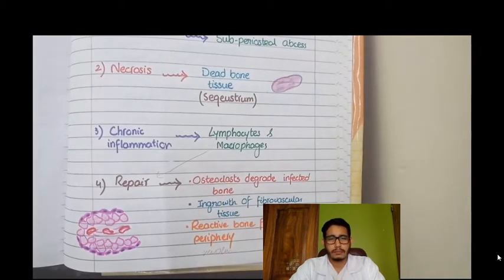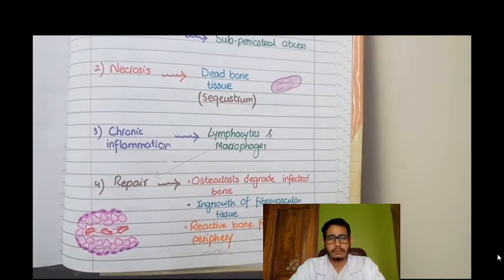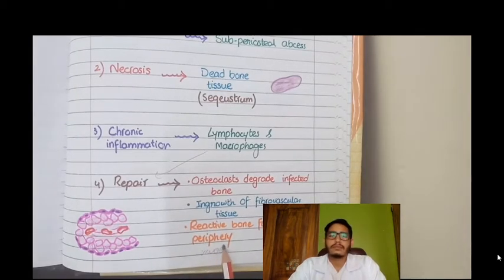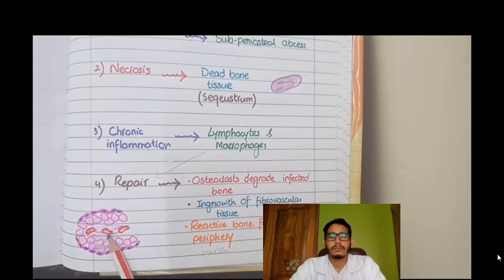And at last, when the infection is fully resolved, the process of repair starts. In the process of repair, the osteoclasts degrade the infected bone, and in the place of this degraded infected bone, there is growth of fibrovascular tissue. Along with this, there is reactive formation of bone in the periphery of this fibrovascular tissue. So you can see here in this diagram that the central area is fibrovascular tissue and it is surrounded by